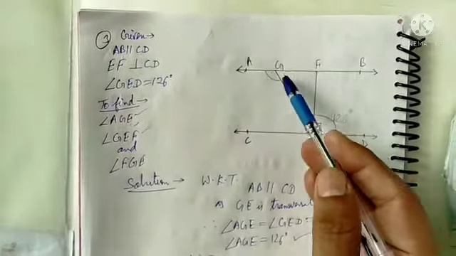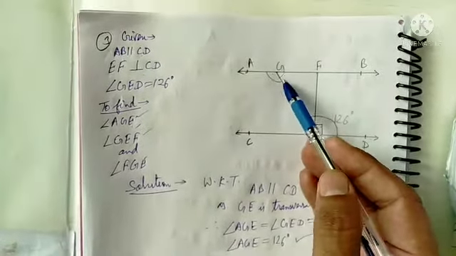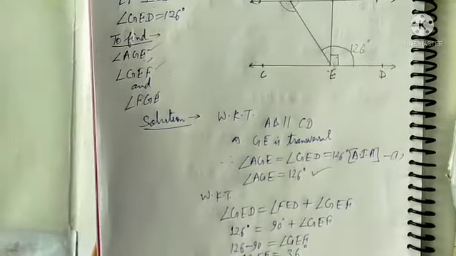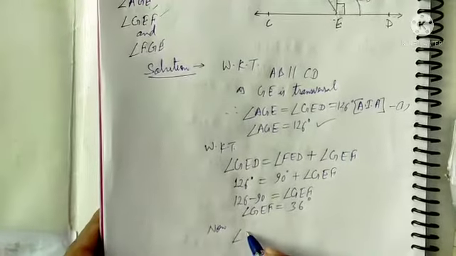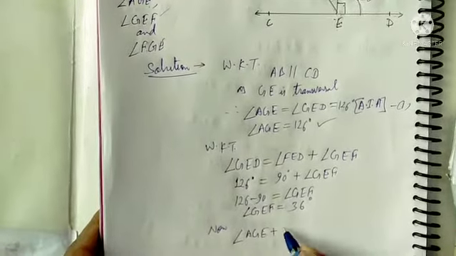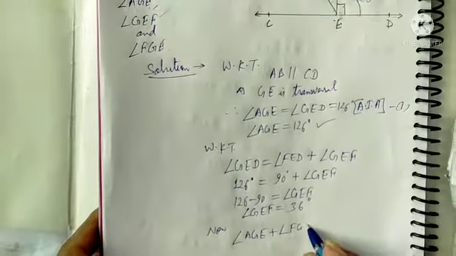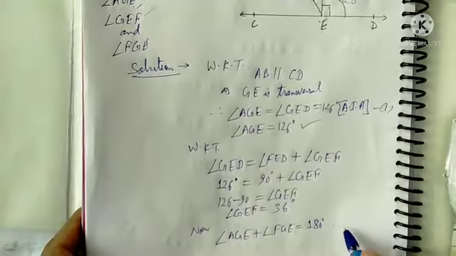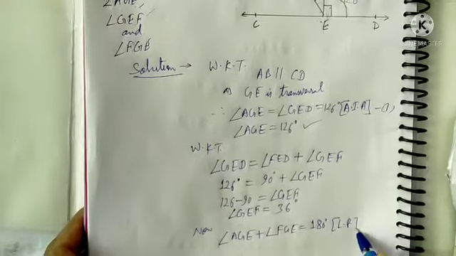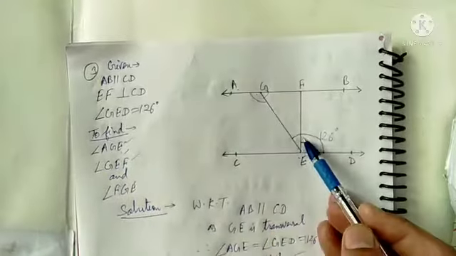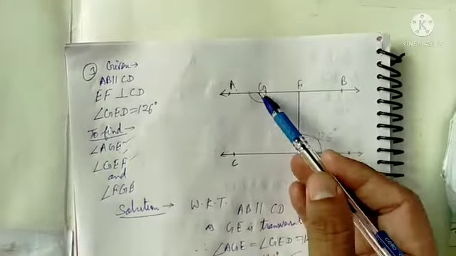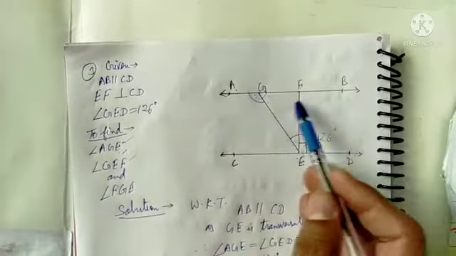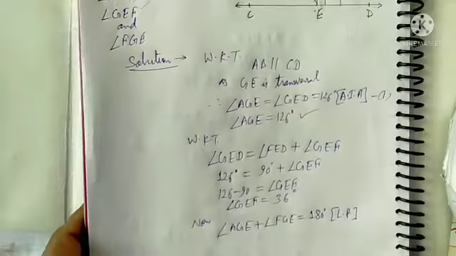Now which angle you wanted to find first, second also found, now third. FGE, where is FGE? FGE means this angle you want to find out. It's so simple. See what we do here. Now see, angle AGE plus angle FGE is equal to 180 degree. What is the reason? Linear pair. I'll show the reason. AGE, this angle, and FGE, both angles are a linear pair because AB is a straight line. So we have written linear pair.